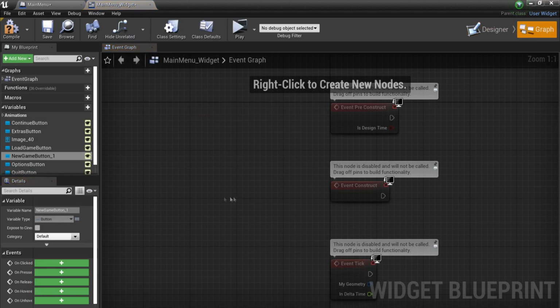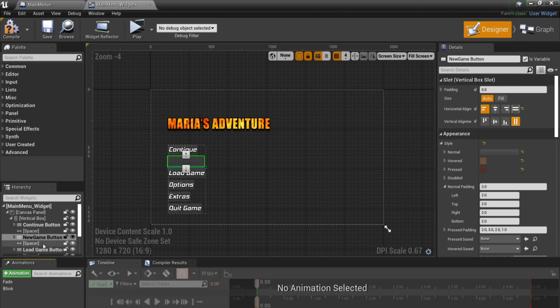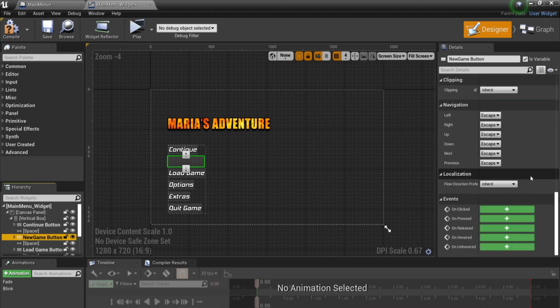But you want it to happen when you hover over the button. So we have over here events, or if you just click out of the animations and you have your new game button. If you click on new game and you have unhovered,